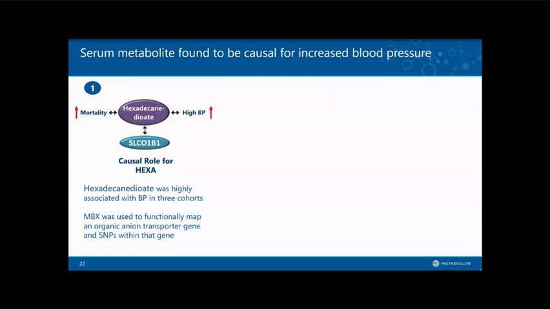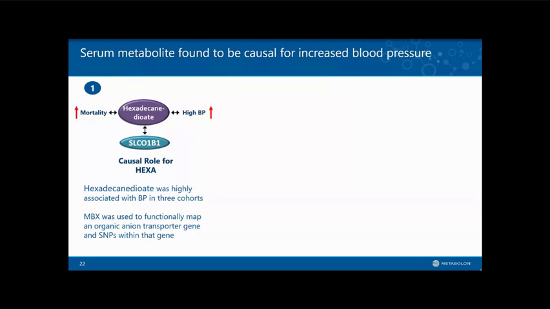In a study from Anna Valdez at King's College in London, they looked at 3 distinct cohorts, doing metabolomic profiling in these cohorts, and identified increased levels of a single metabolite, a dicarboxylic fatty acid called hexadecane-dioate, that I'll abbreviate hexa for short, and found an association with increased blood pressure in these populations. And as we saw from the previous slide, this has a high degree of association or correlation with increased mortality. Aside from this association with a real-world outcome, blood pressure, they, in a parallel set of studies, identified increased levels of the metabolite with variants of unknown significance, in this case, a solute transporter called SLCO1B1.